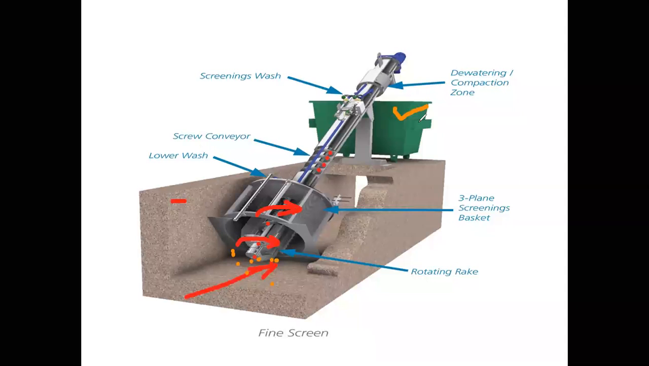So sequence is a very important way to decide the treatment for the wastewater or the water. I think you understood: this is the lower wash screw conveyor, the screening wash, and then the dewatering or compaction zone, then the 3-plane screening basket you can say here, and the rotating rack. This keeps on rotating continuously in one direction, and because of that the screws keep